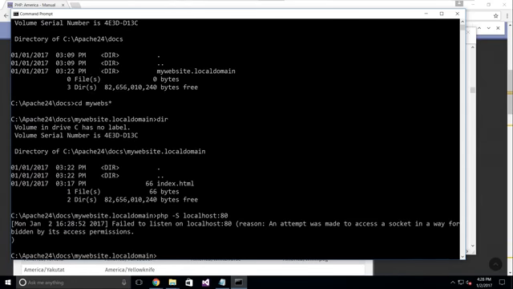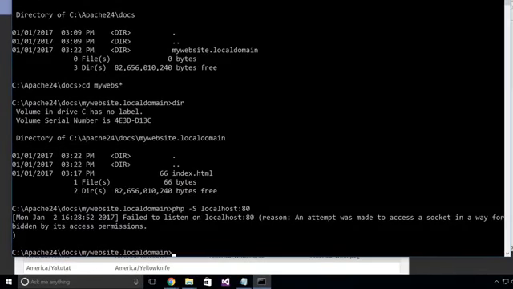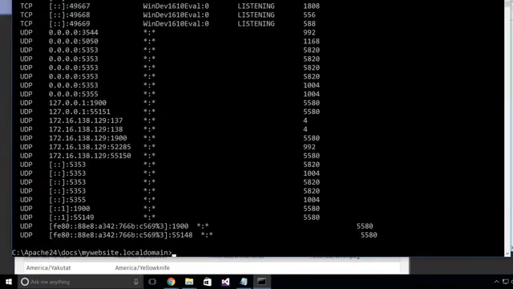And when I run it, I get an error saying failed to listen on localhost:80. An attempt was made to access a socket in a way forbidden by its access permissions. One cause of this error message is that if you have another program already using port 80, you would need to stop that first. To help identify which program is already using port 80, which is a common port used to listen to incoming requests for web pages, type in netstat space -ao, and when I press enter, it will